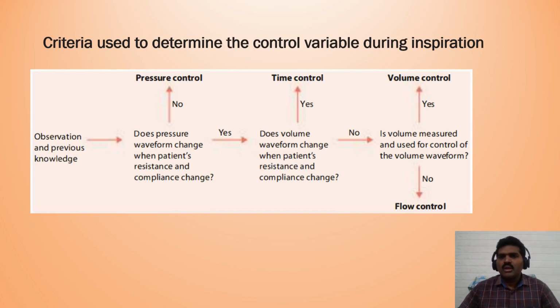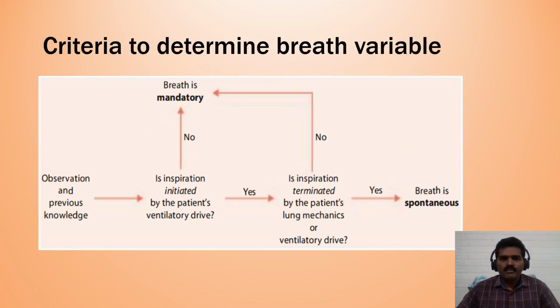Look at whether the volume is measured and used for control of the volume waveform. If so, go for volume control ventilation. If not, go for flow control ventilation. Criteria to determine the breath variable: